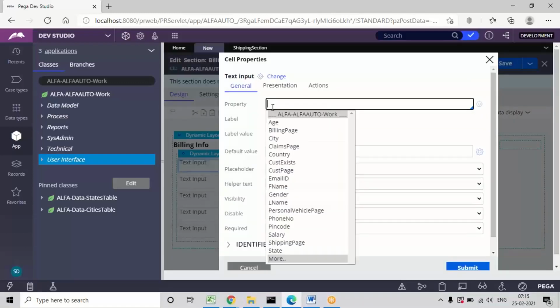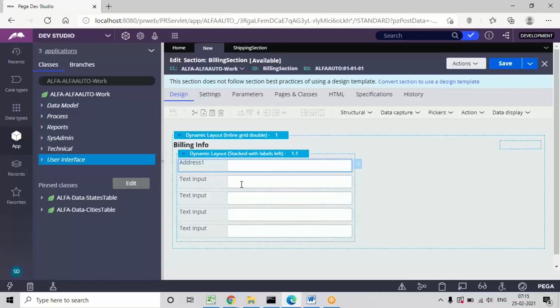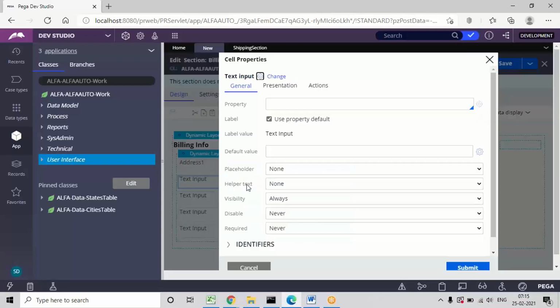So here, open billing page properties, we are mapping. So billing page dot address one, like that map the remaining fields.